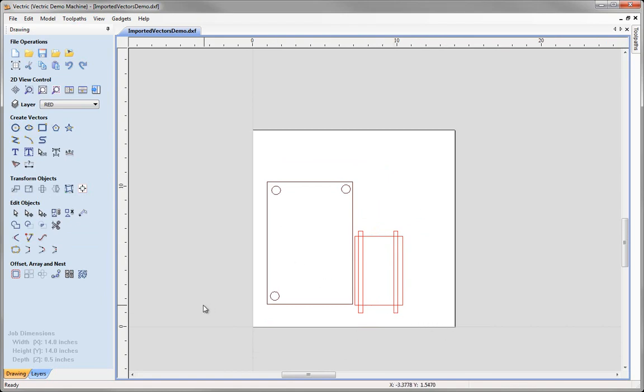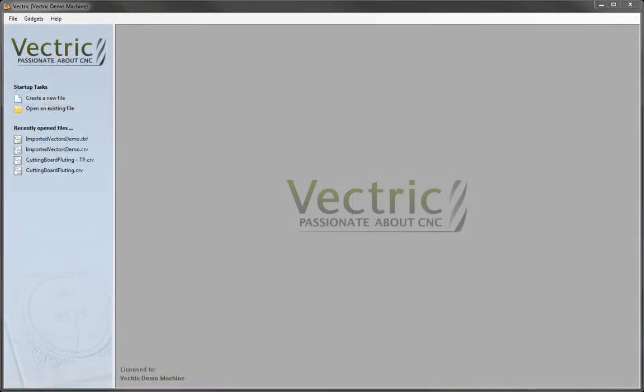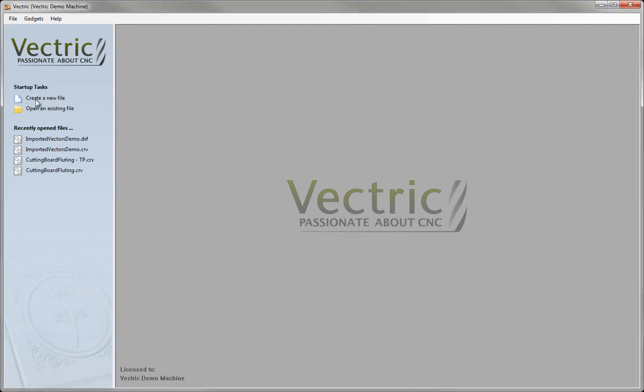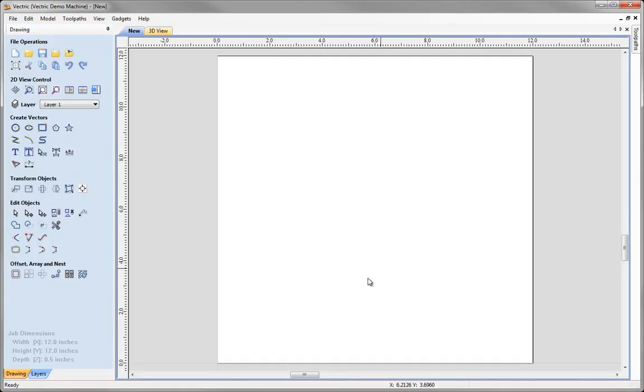So that's how we open a DXF file directly using the file open method. Now let's go on and look at some of the other ways that we could bring this data in. The other most common way that you're going to import data will be into an existing software model. So in this case, we're going to create a new file to start with, which will make 12 inches square here. So we've got a blank new model, and we can use the option up here to import vectors from